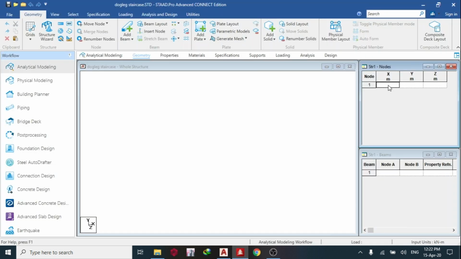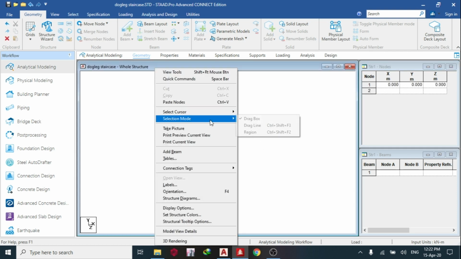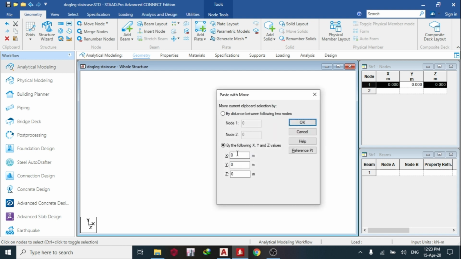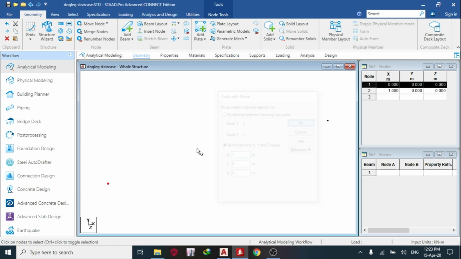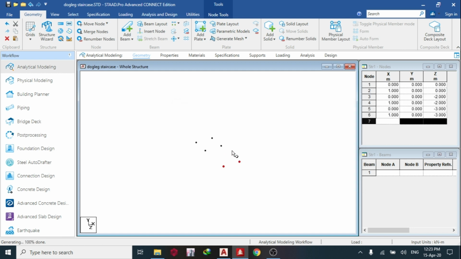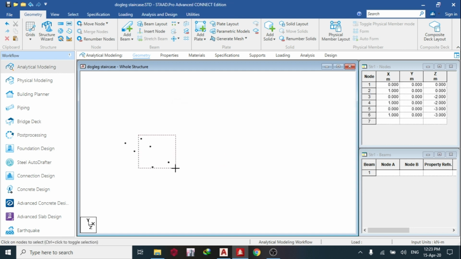The first thing is my origin, my node cursor. Ctrl+C, Ctrl+V in the X direction 1 meter, okay. Then translational repeat in the Z direction, number of steps 2. The first one is -2 and the next one is -1, okay. So once I'm done with this, I select this